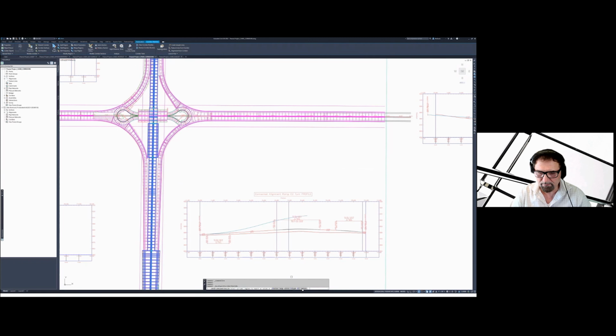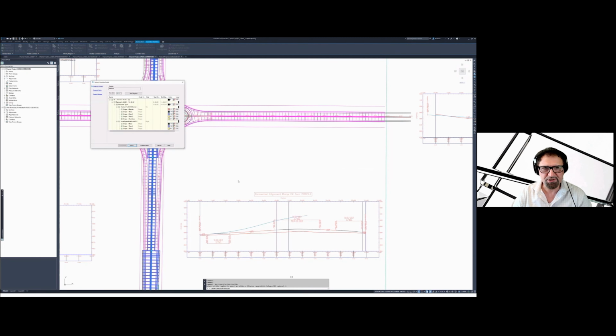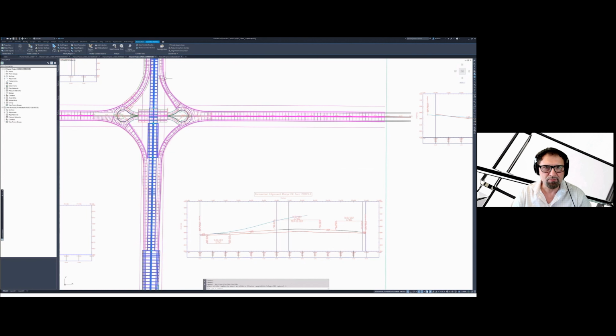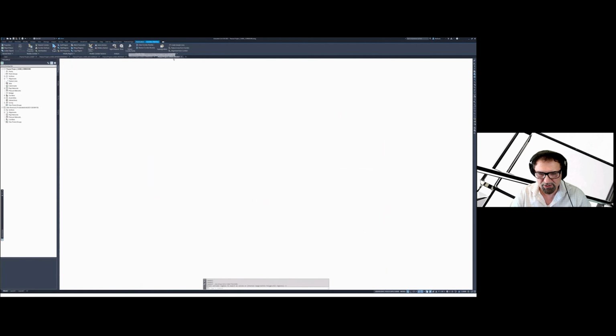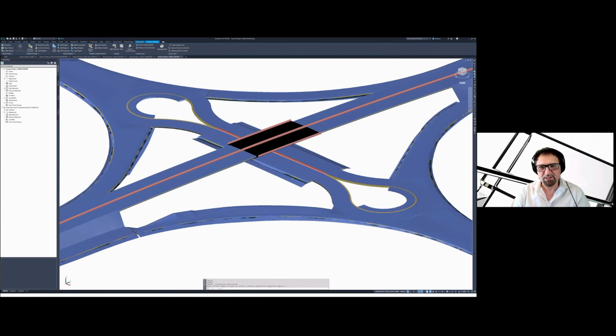And so I'm going to utilize all regions. This is only 3, but the interesting part is I can add this to an existing drawing. And what happens is if I had the rest of the interchange in that existing drawing with all the solids from my corridor models, this will just add the current one to the rest. So it's not hard to build a corridor solids model using that method.